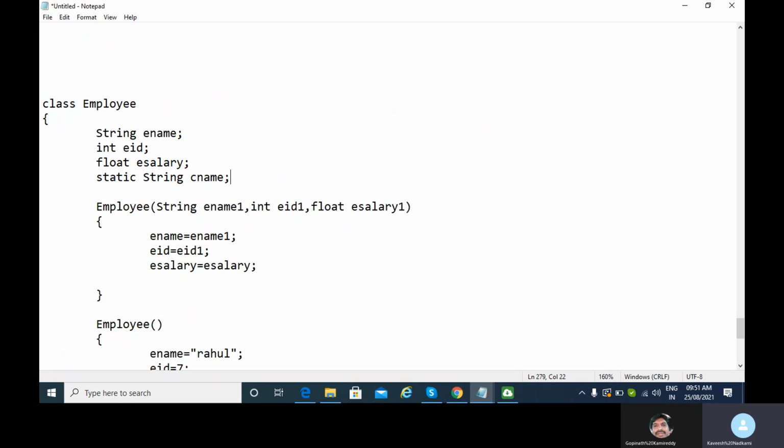So this means that the RAM memory is allocated to the static data members of the class even before any objects of the class are created. Am I right, Gopinath? Yeah. And the RAM memory is allocated for the static data members of the class in a separate section of RAM memory called the class memory.